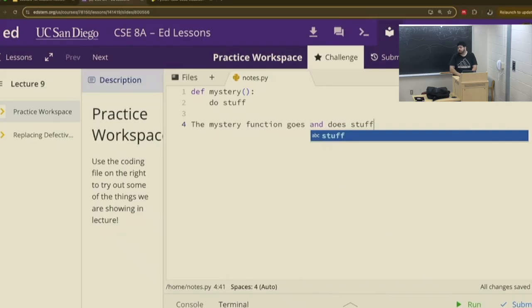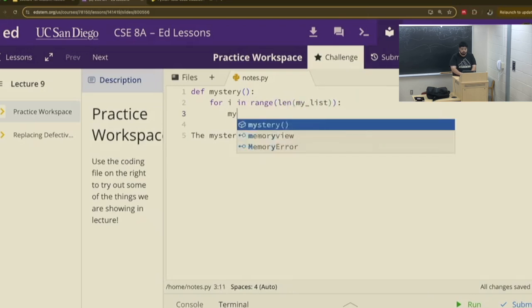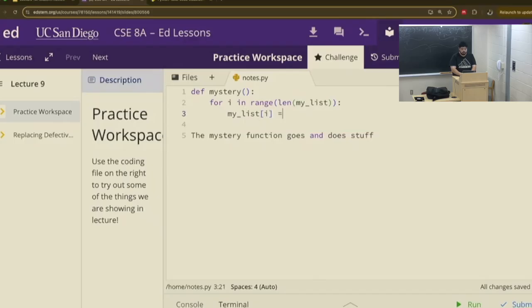You have to be very descriptive of what we want for explain in plain language questions. So if we were to do this for i in range of length of my list, at position i, this is 1, and we have my list here. The answer to this should not